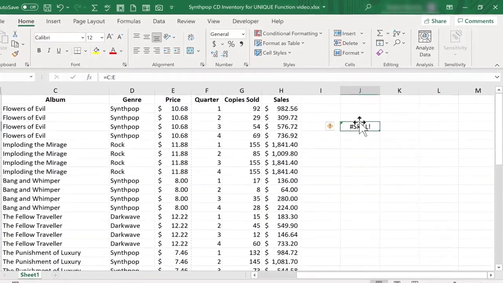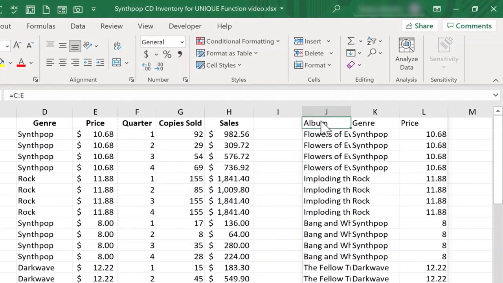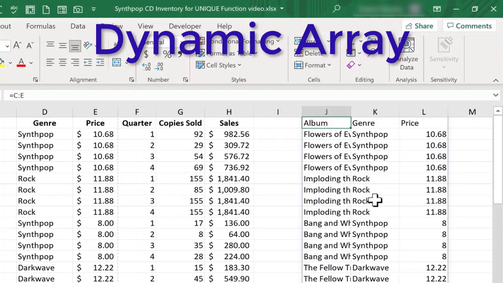So watch what happens now. If I click on the cell and I go to the edge of the cell and click and drag and pull it up, that should move the formula up. Now there's room, and now all of my data fits in the spreadsheet. And so it was able to spill. So this is just the beginning of what you can do with spilled results from formulas. Watch for my future videos on the dynamic array functions, and you'll see even more that